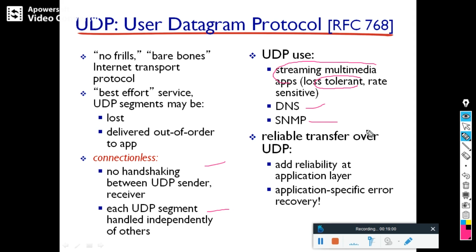There is one software based on the Simple Network Management Protocol, software which will give network statistics, network traces, network packet information. That software makes use of the SNMP protocol. Every now and then it will ping the other machine to get the information. At that time it will not use TCP, it will use UDP as the protocol. So it is faster. It is not a TCP protocol. So UDP is used by this one. So this is the explanation about UDP.